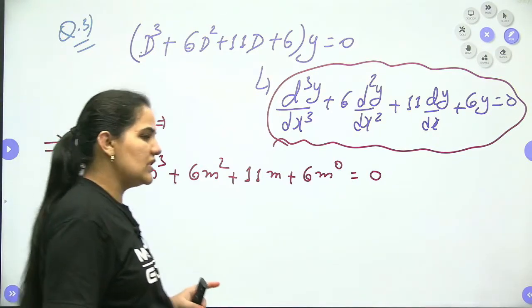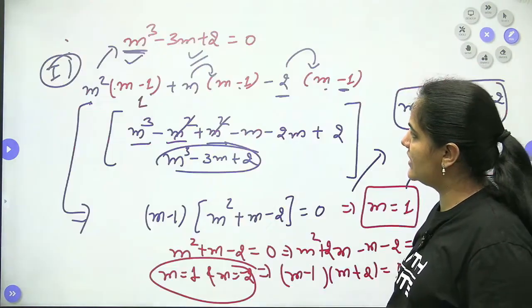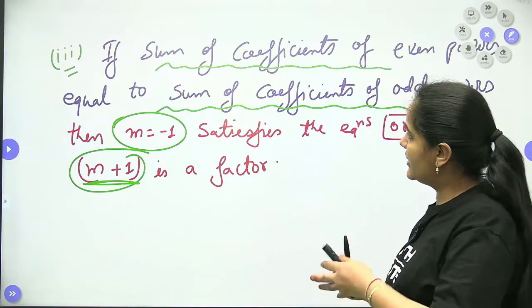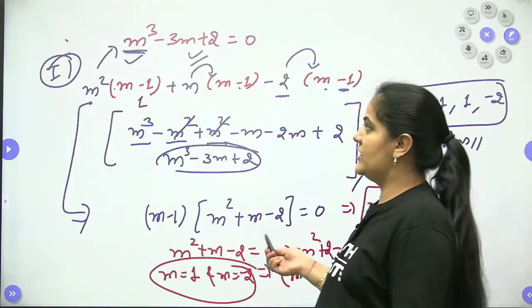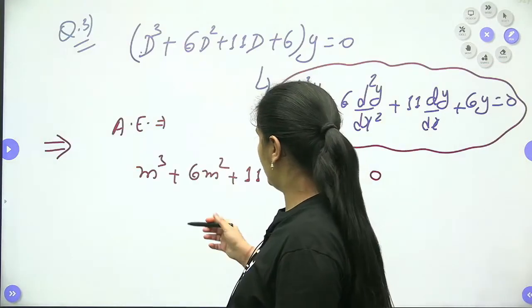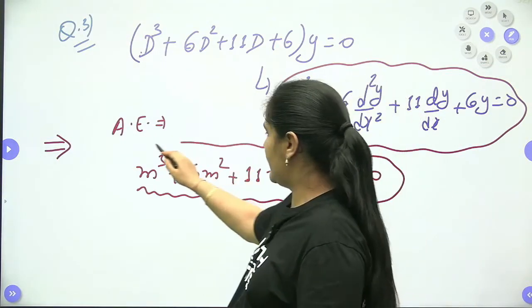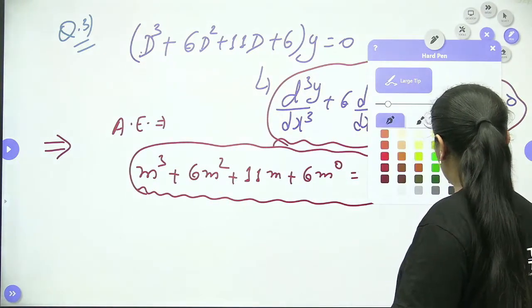Now when we approach this, definitely first of all we will go with the first approach which we discussed, that the sum of the coefficients will be 0, right? So when we check whether the sum of all the coefficients is equal to 0, you can see here that it is not, because there is no negative term. It means the sum of coefficients will not work here. Okay, now what happens to this one?